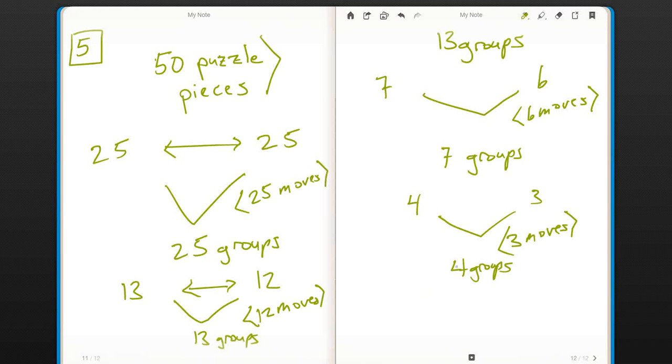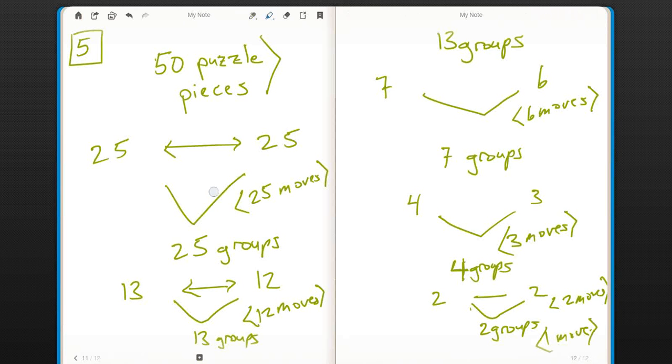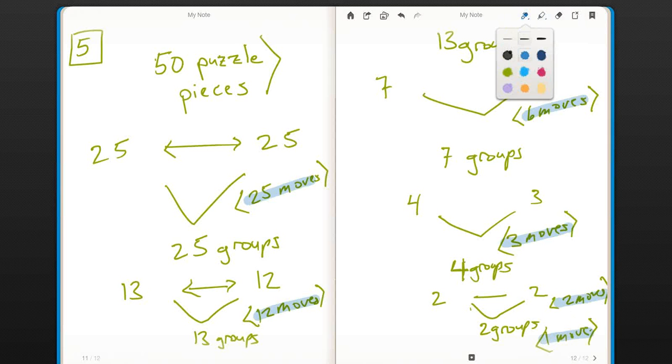And then, it won't surprise you now, you've seen the pattern, I'm just going to keep on going to the end. I have 2 on each side of the table, and I'm going to go join those together, and that will give me 2 groups, and it will cost me 2 moves. Basically, I'm out of space here, but these 2 groups can be joined together, and that's 1 more move that completes my puzzle. Alright, so I did 25 moves, and then I had 12 moves, and 6, and 3, and 2, and 1. And if you count the moves that you made,